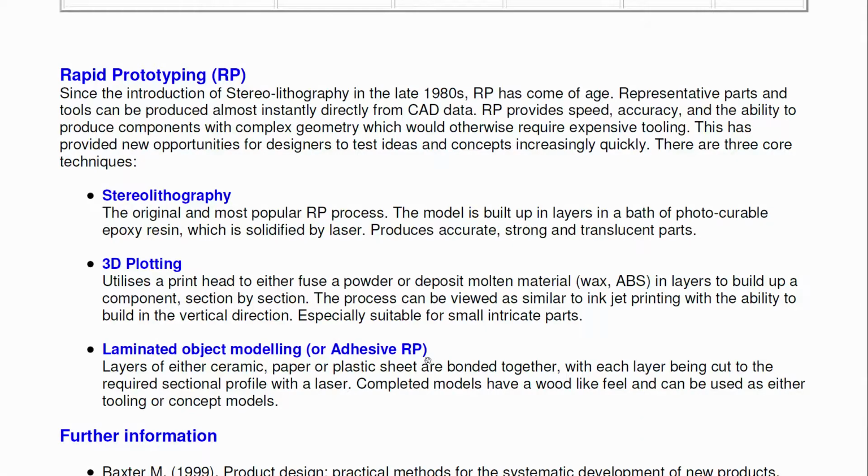If you take a thick cardboard, most contours are plotted at 10 feet height, and then you also have 1 foot height and other things. If you have a 10 foot height contour and you are making a scale model, usually 1 foot is made into 1/4 inch. You make a cardboard of that and build it up, and you have your landscape ready. This was used extensively for laminated object modeling or adhesive rapid prototyping, and the same cardboard thickness can be built up to make beautiful architectural models.